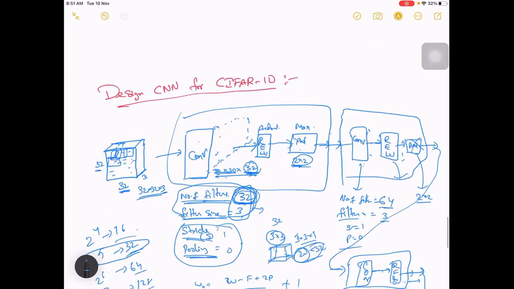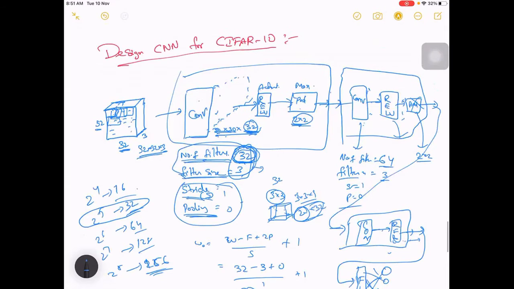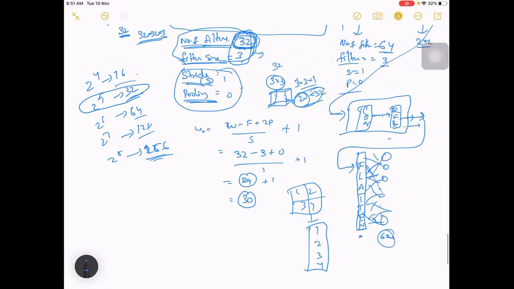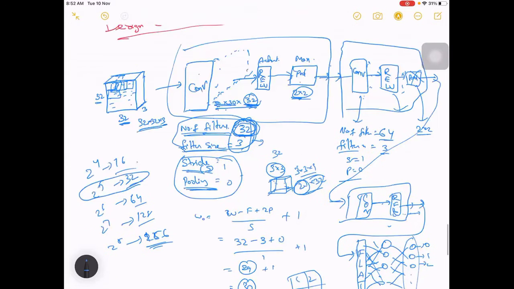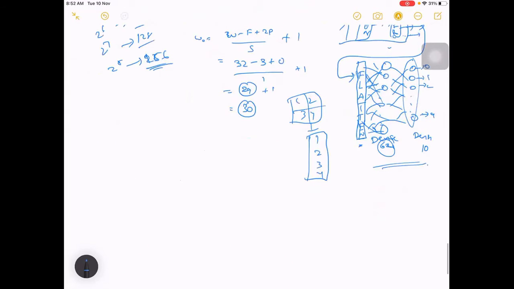The output layer here is for CIFAR-10, which contains 10 classes. So you can define one more layer from 0, 1, 2 and so on till 9. Again a dense layer, dense of 10. This is dense of 64. So this is your final output, this is your input. This is your complete network.